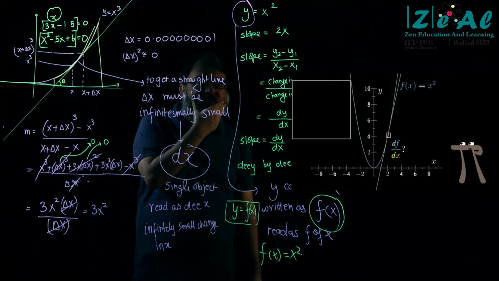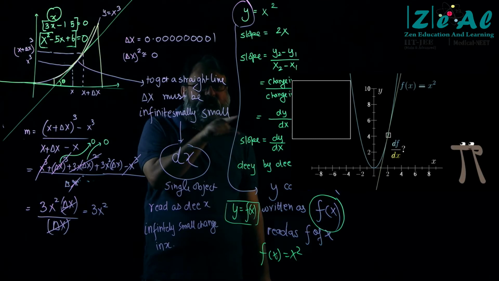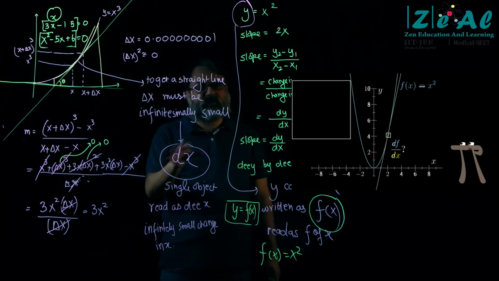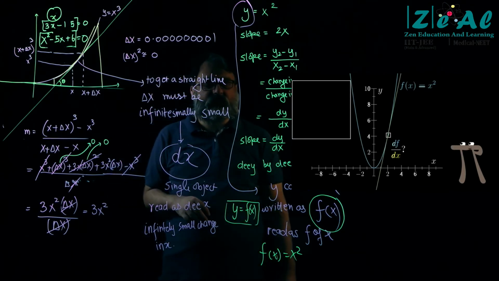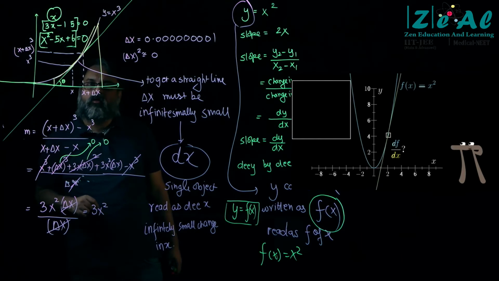Can f of x be the same as x? Yes, it could be. No, so you are saying that you want to write f of x as that? No, you can't do that. No, you can't write f of x as x. No, you can write f of x as y. Yes, I will do it again. Play the video again.